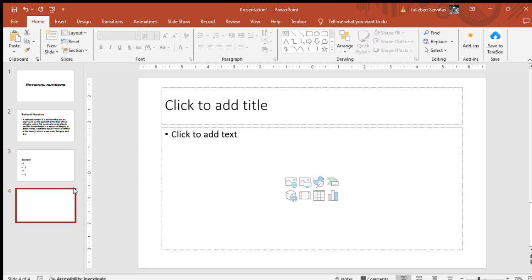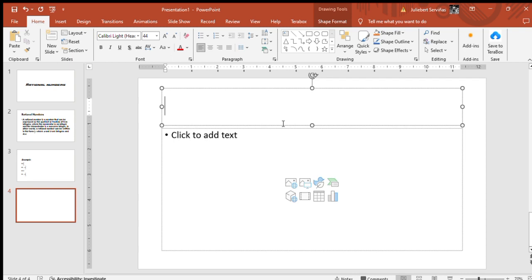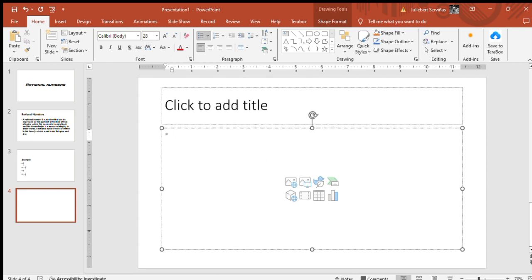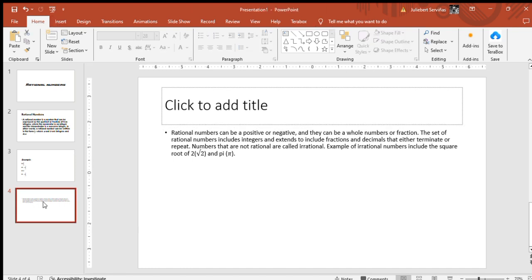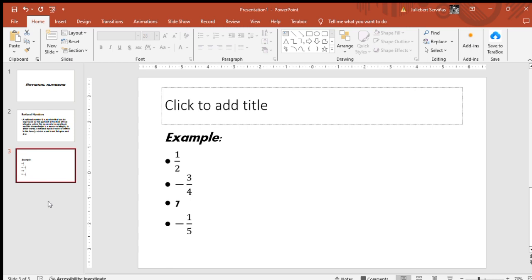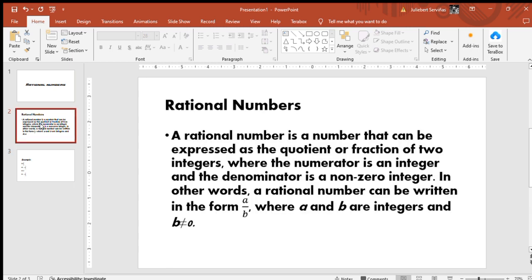Next, you're going to add another slide for another content or additional information. This is okay, but I will give you a tip to make it easier to add new slides with the same format of the other slides. Click this slide, then right click and duplicate